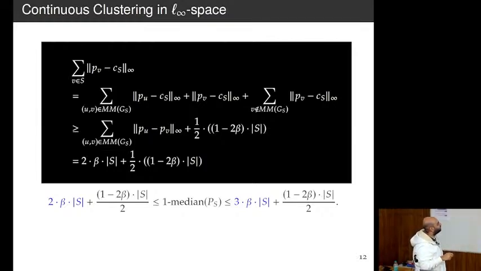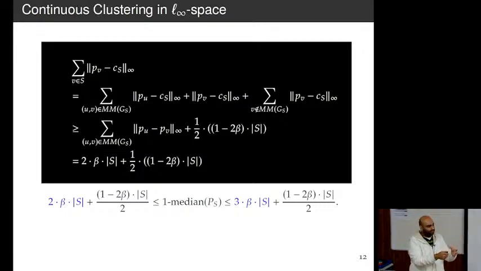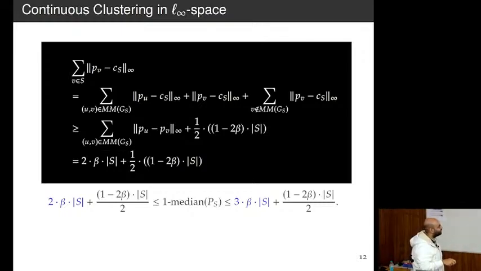Now I can partition this sum as things belonging to the max matching and things not belonging to the max matching. If things belong to the max matching, so UV is an edge, so this is PU minus CS and PV minus CS. I apply triangle inequality, and I get that it's at least PU minus PV. And for the remaining, this is an independent set. If you're not part of the max matching, then you must be an independent set. And I know its distance is exact. There's a center at half distance. So whatever CS is, I just set this to be half. And I paid this much amount.